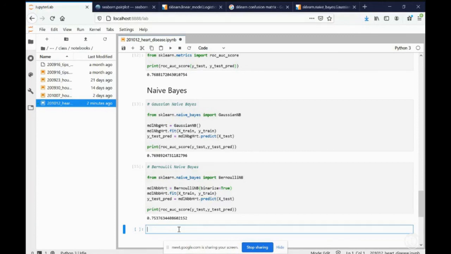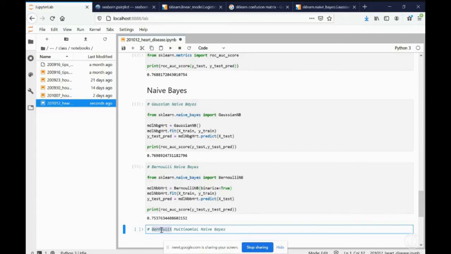There is one more. I'm not going to go into that here in the interest of time. Let's start with it and see if we are able to. Okay, so there is another one called the multinomial naive Bayes,